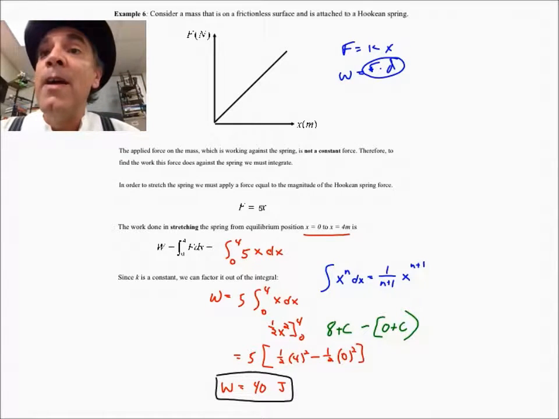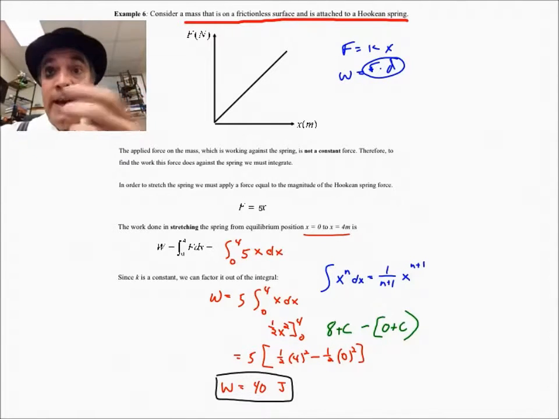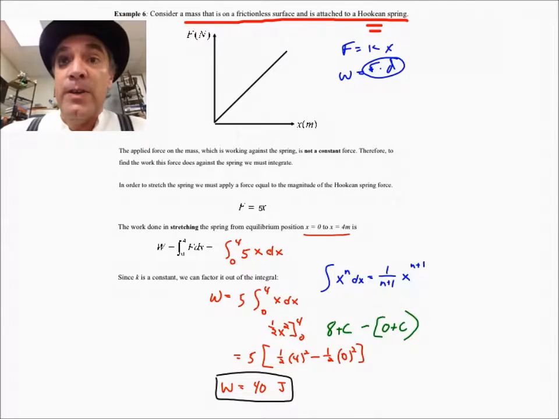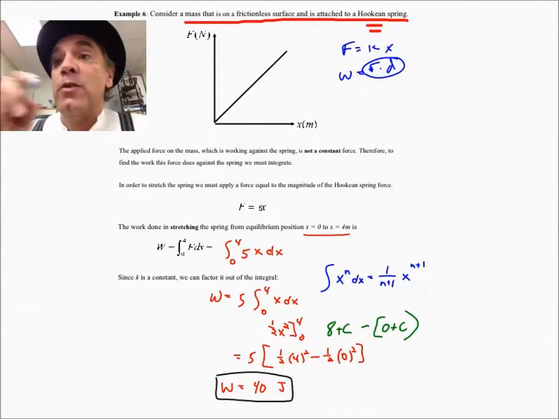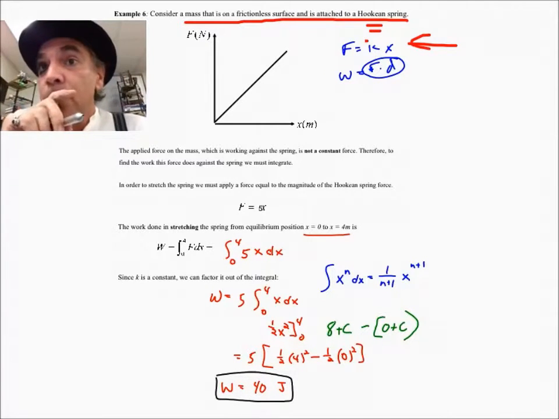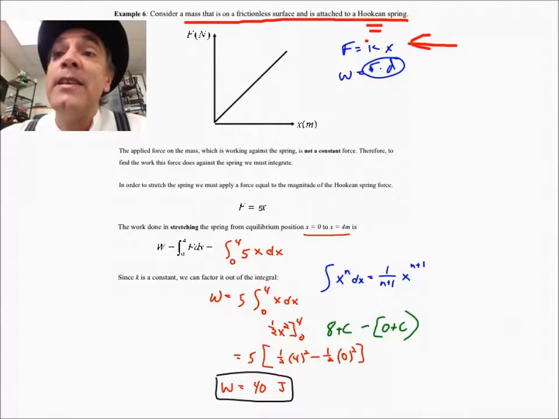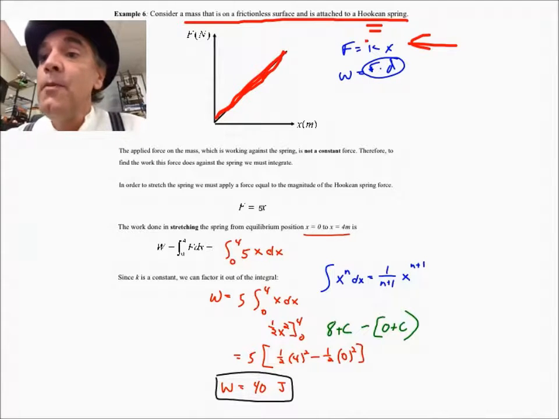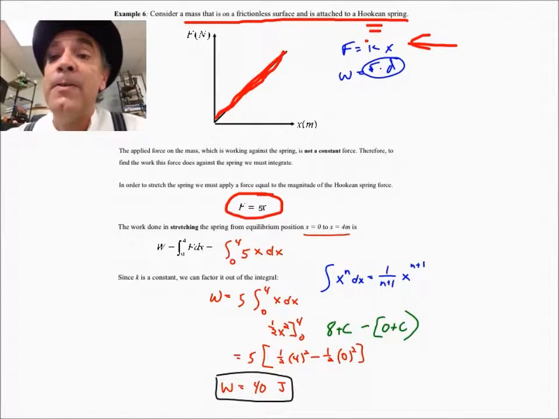Let's say we have a mass on a frictionless surface with a spring. It's a Hookean spring, and last year we only had Hooke's law springs. This year we're going to get some other ones after we learn how to do an easy one. But Hooke's law springs means that F equals kx. We could say negative kx, that's just the direction. But if we did that, we have a nice easy graph to integrate in that it goes up with a constant slope. So we're going to say our constant is 5, F equals 5x,